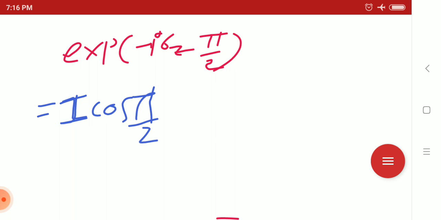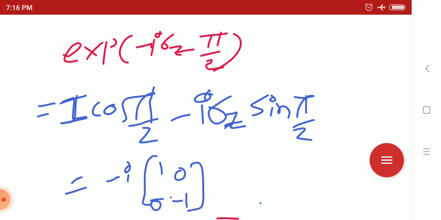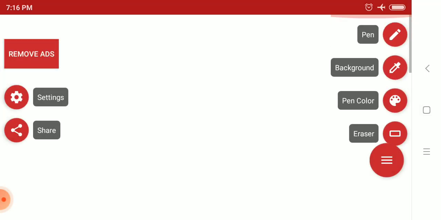Then we have minus iσ_z sin(π/2), where σ_z is [1, 0; 0, −1]. Then what will we get? We will get −i into [1, 0; 0, −1]. So now if we write